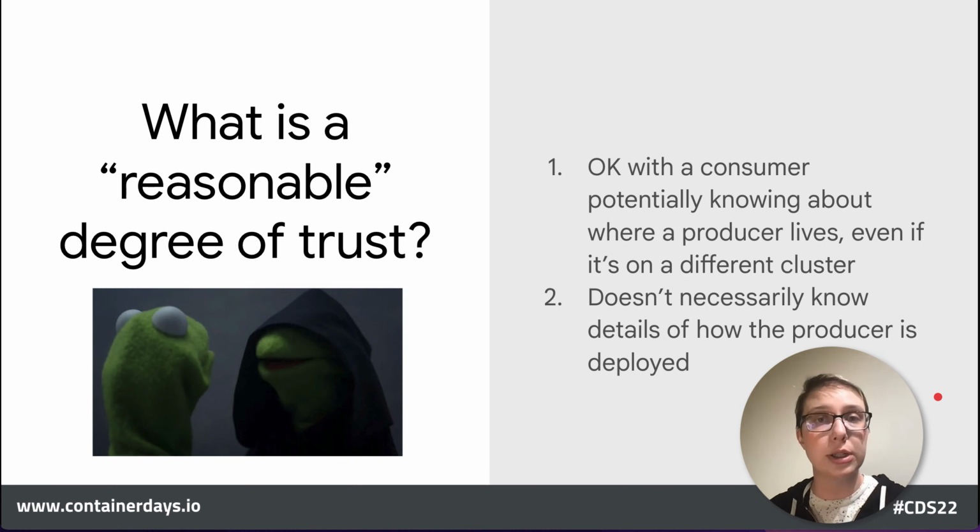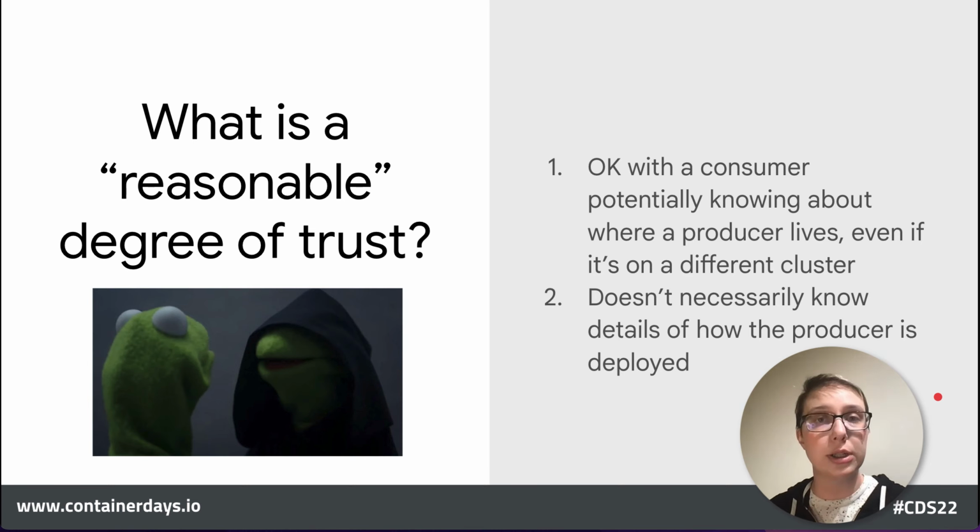So notably, this means that the cluster isn't the end of the world, right? The cluster now needs to know its name. It needs to be aware that there's some information flow between it and other clusters, of other types of workloads.